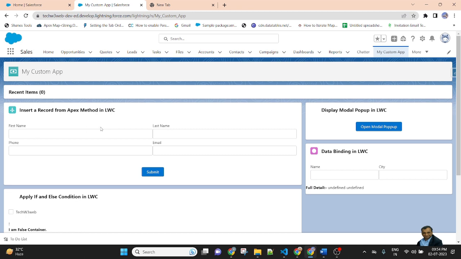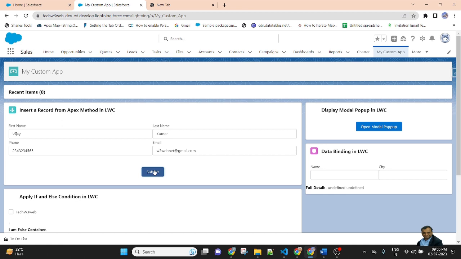Now I am inserting a record. So first name Vijay Kumar, phone number 123456789109. This is a random phone number, and email w3webnet@gmail.com. It is a correct email ID.